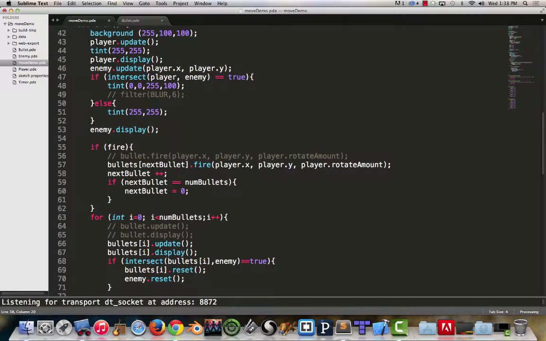Now, the cool part about this is that when it comes time to fire, we're able to not launch a new bullet unless firing is false. So what we can say is if fire, meaning I press the space key or shift key or a letter key or whatever you have assigned to your firing key,